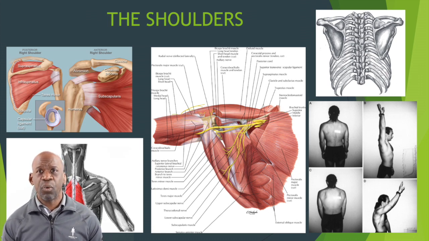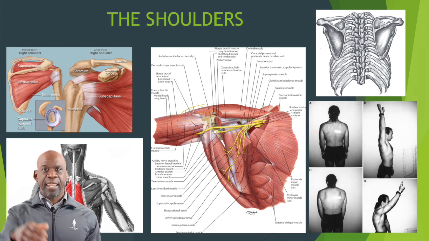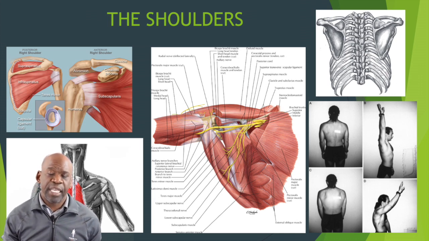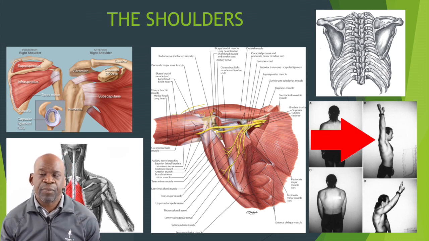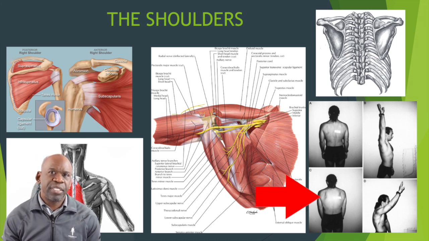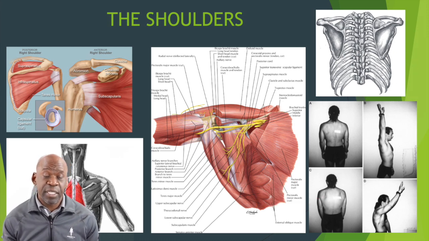However, when that patient had his shoulder blades positioned appropriately, which is in a depressed and retracted position, and then he went to raise his arm, we could see that he was now able to obtain a full range of motion. And so it was not that he had frozen shoulder, but rather that he had poor periscapular posture, which limited his ability to engage in a full range of motion of the affected shoulder.